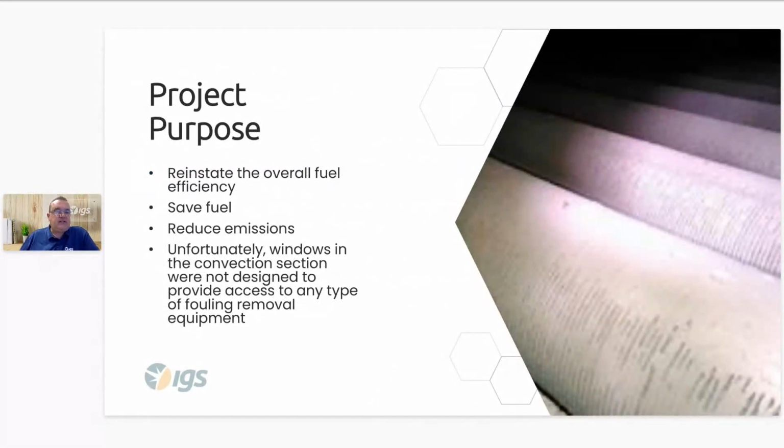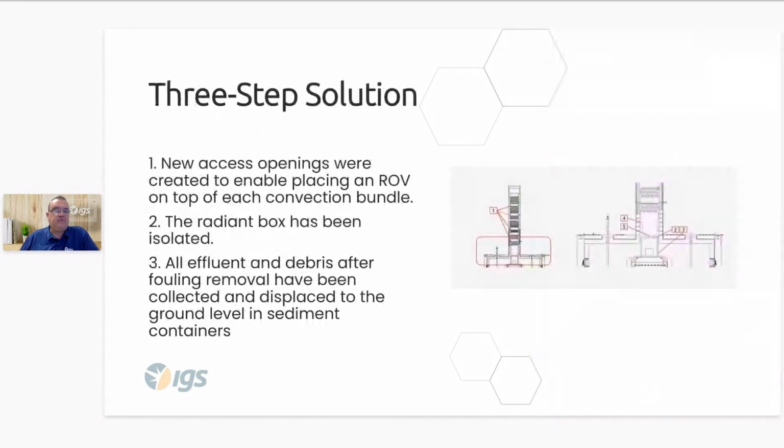So the purpose of the project, we needed to reinstate the overall fuel efficiency of that unit, try and bring their fuel usage down, reduce their emissions, and we had to create the openings for the ROV to be entered. So new access was created in between the coils where we can get to. You can see the red arrows there, where the spaces are between the convection banks,